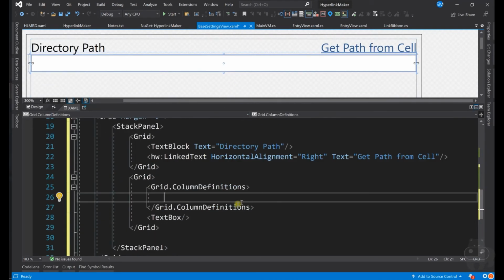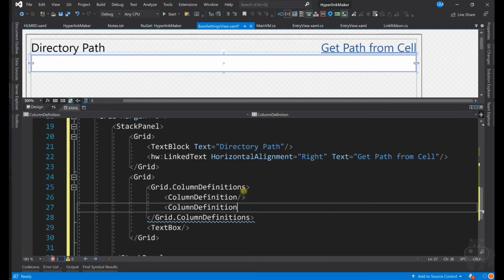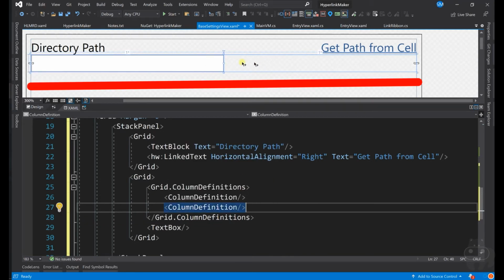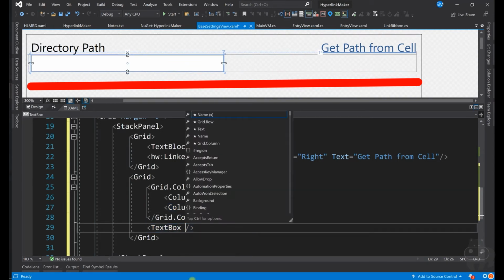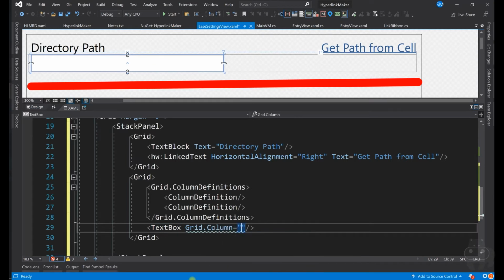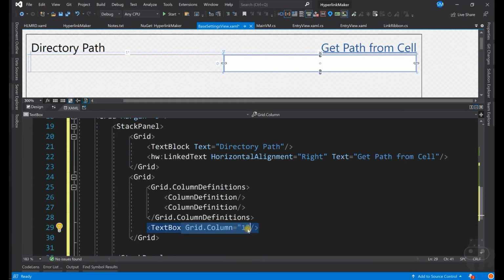At this point, if I add two columns, it will directly create them in the center. So first column and second column. Since you do not specify anything for this text box, it obviously takes the first column. If I say grid dot column is equal to 2, it goes to the right side. Actually it's not 2. Column starts from 0, 1, so it's the right side. So let me remove this as well.